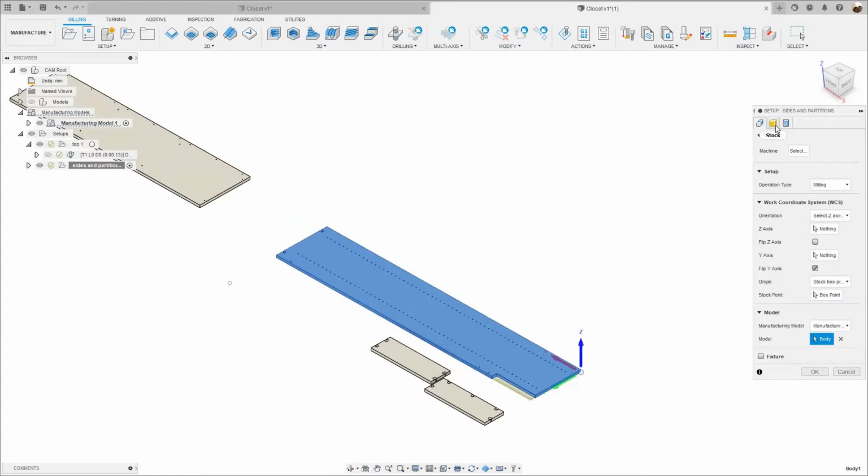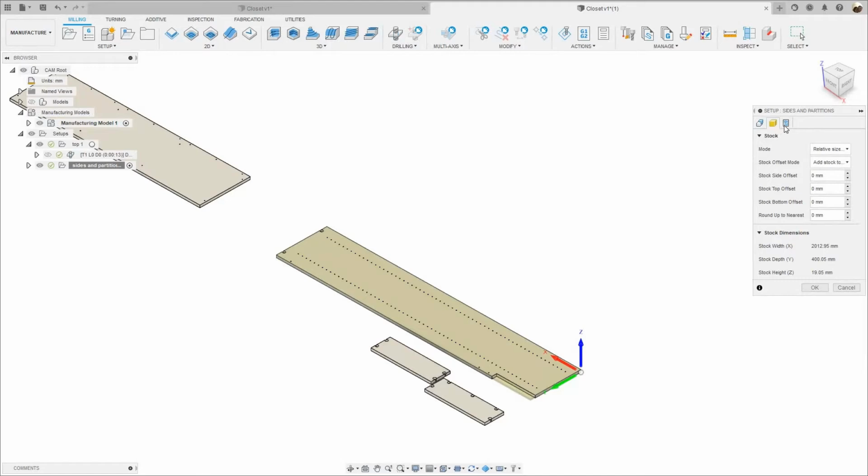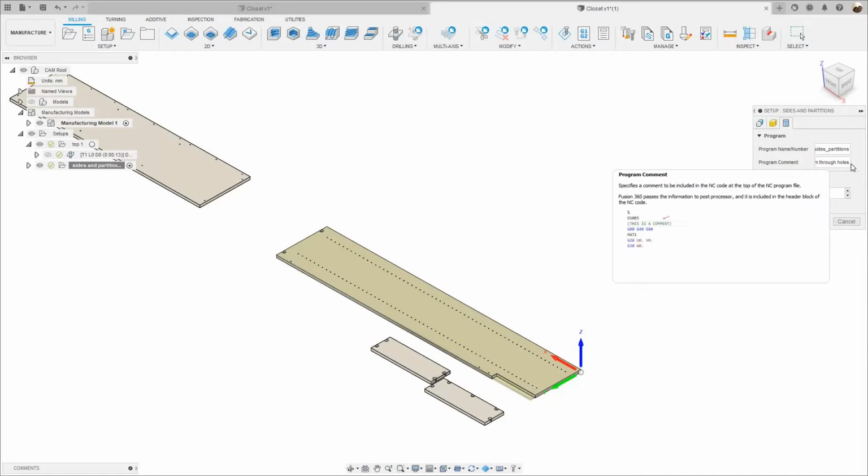And under stock, I'm not gonna add any material. Under post process, I'm gonna name this program size underscore partitions. I'm gonna type this is, I'm not gonna change this. That's good. I'm gonna type next to that, I'm gonna type and